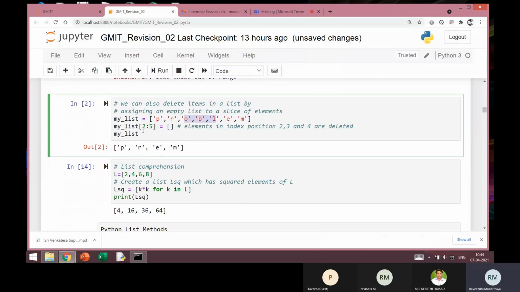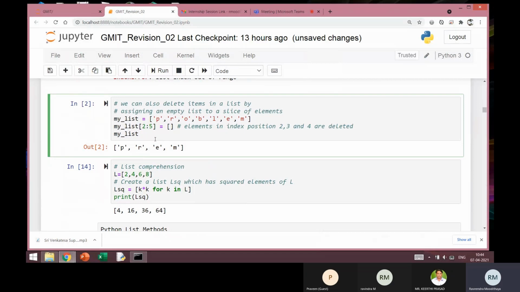Now remember, the original mylist itself is modified here, because you are saying that mylist 2 to 5 has to be deleted. That's what you are telling by writing this expression. So those three elements are removed. And once you remove these three elements, what is left is P, R, then E, M. So that is outputted by this mylist.